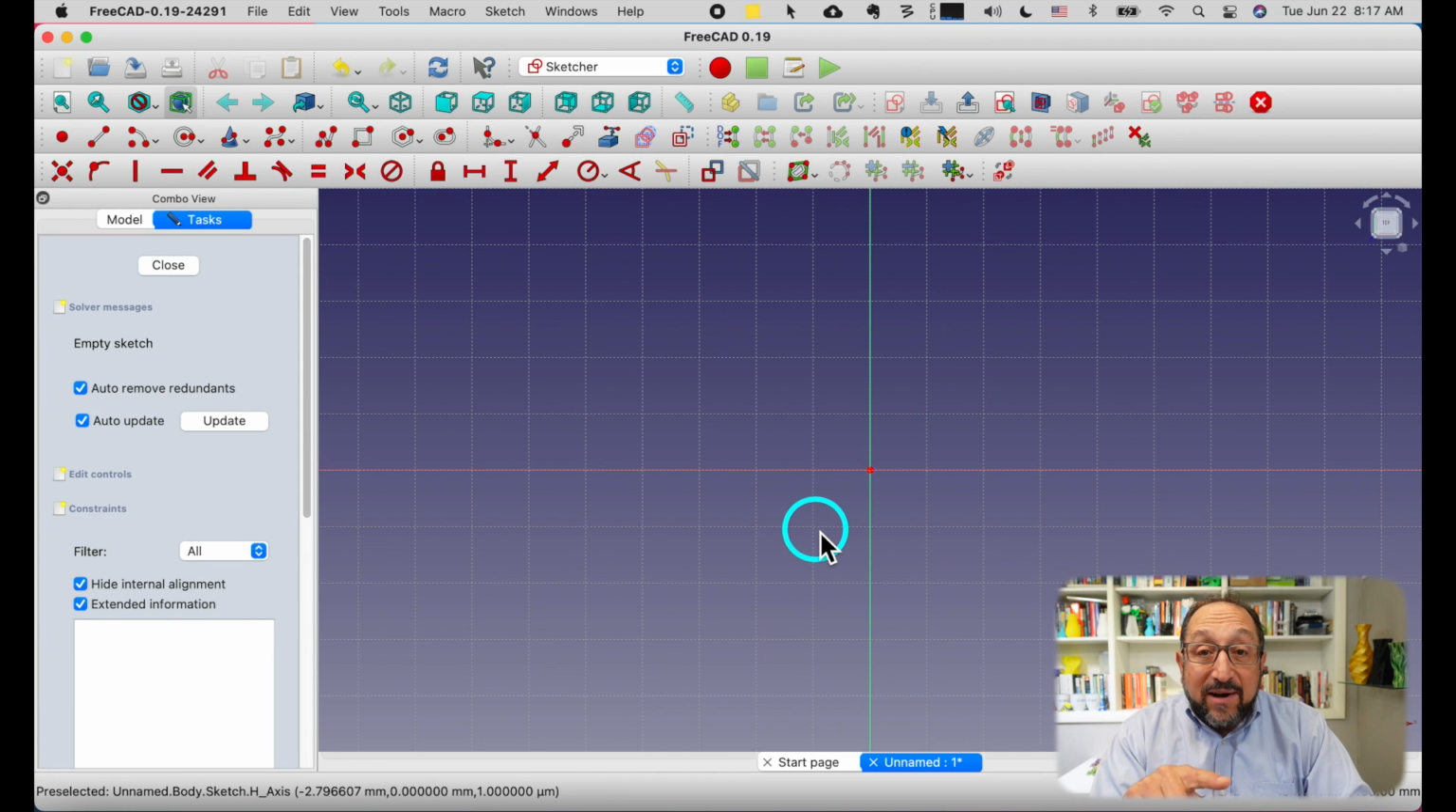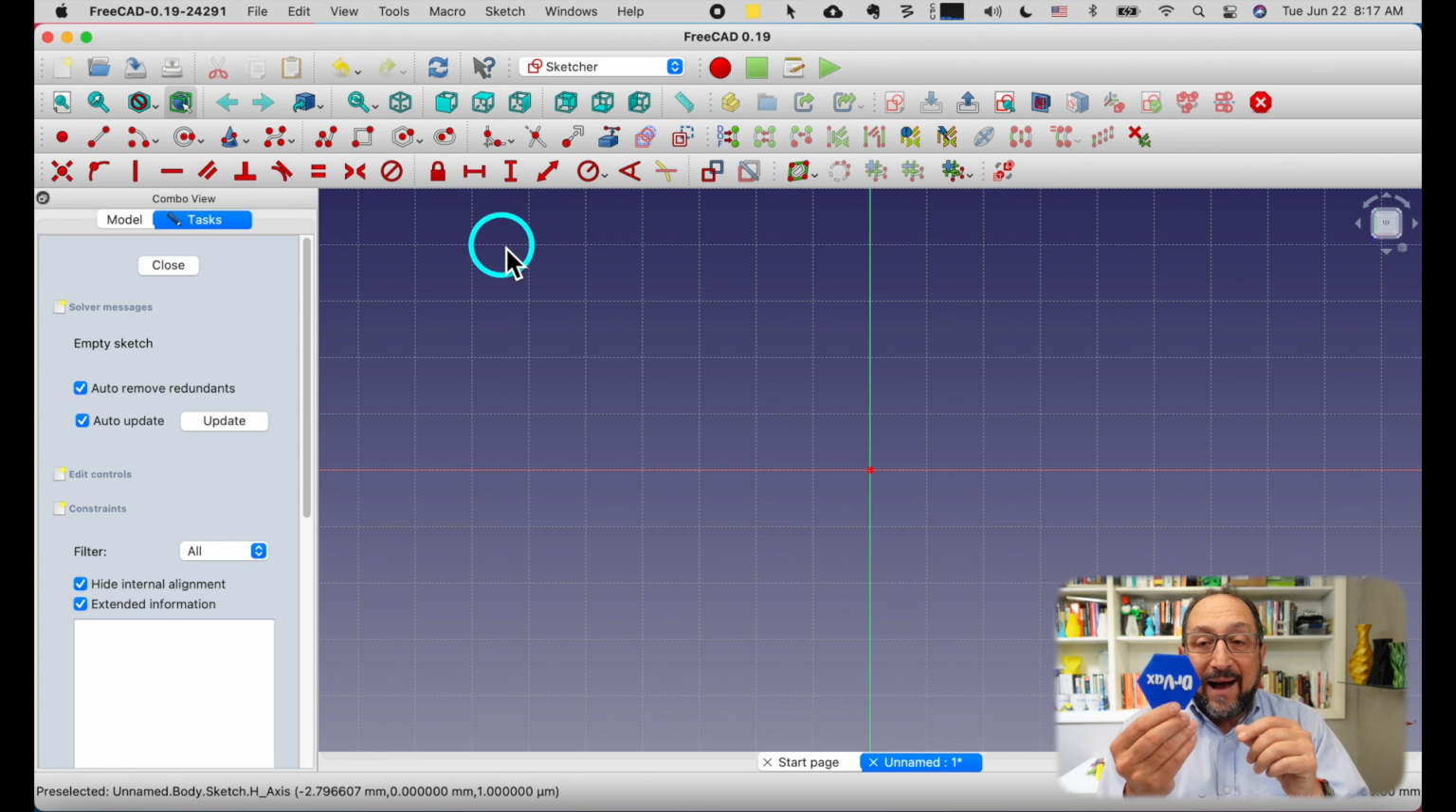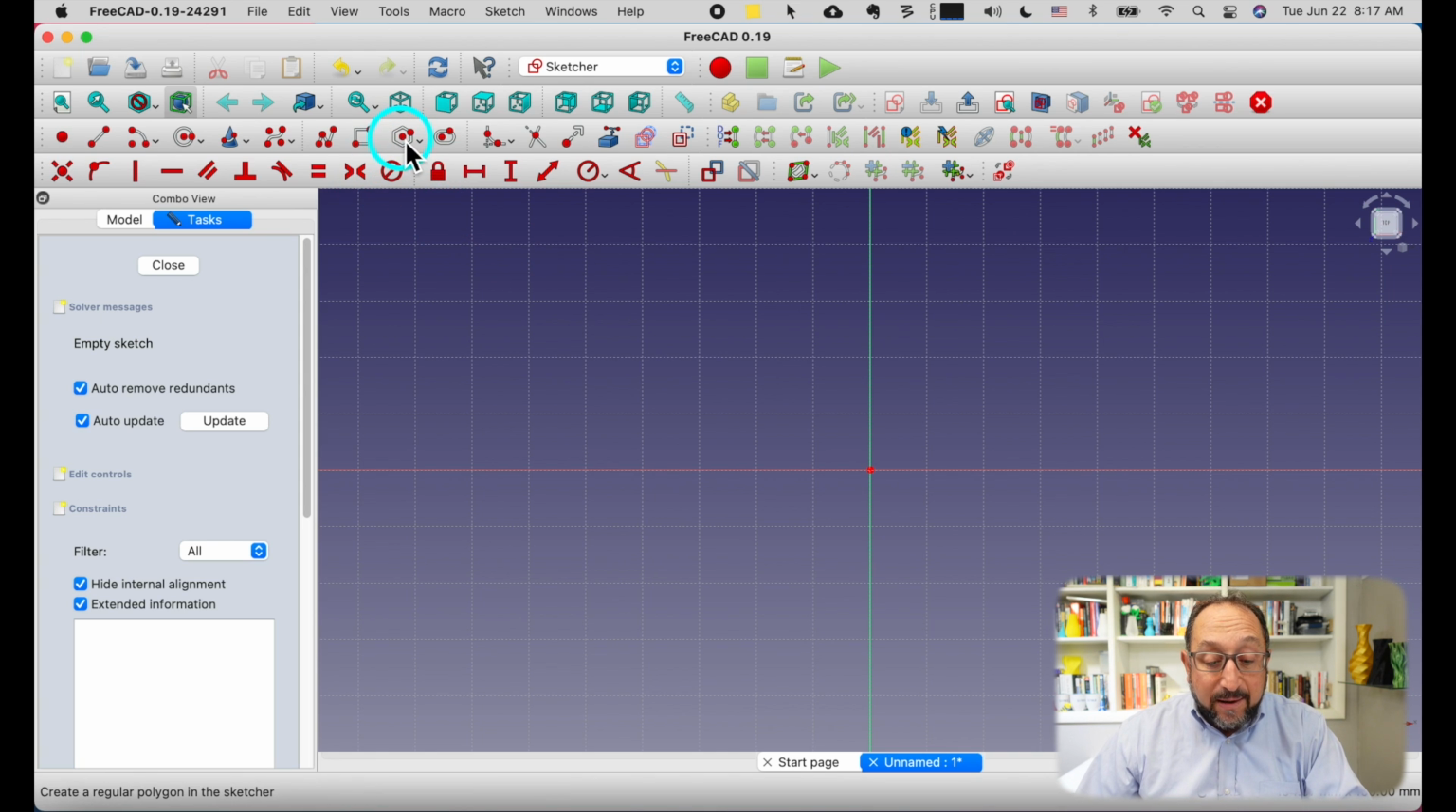Now we're going to center this around the origin, because that'll make centering the text easier. We can just center our text around the origin. I'm going to create an octagon. Octagon is just a regular polygon. So we're going to select the polygon